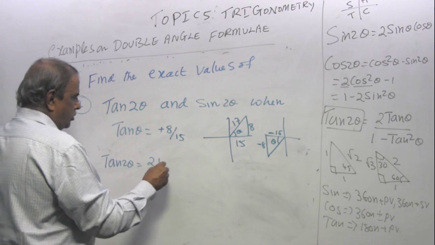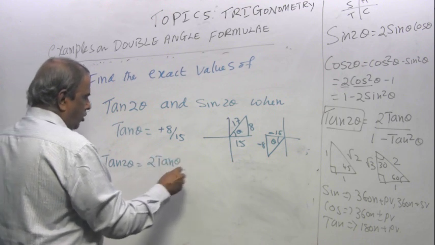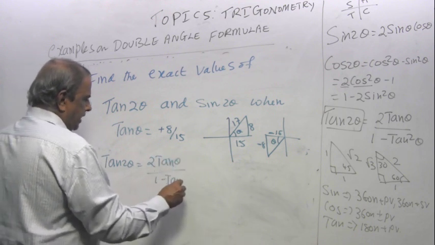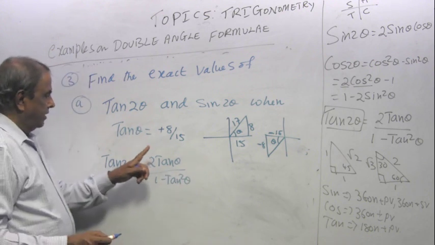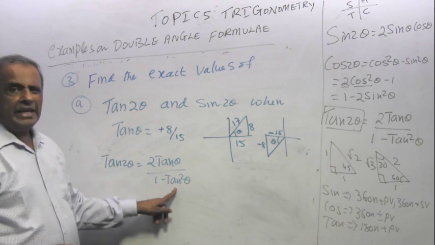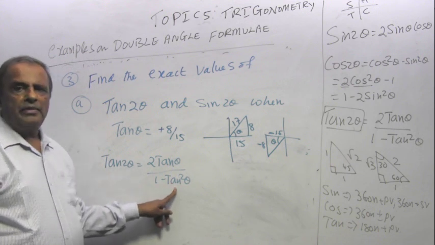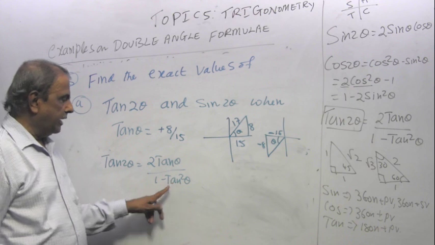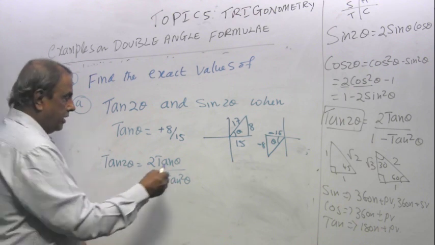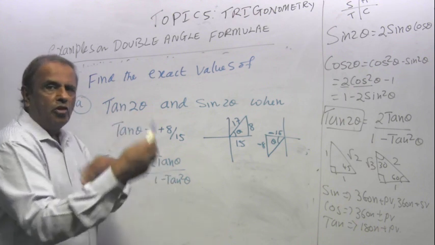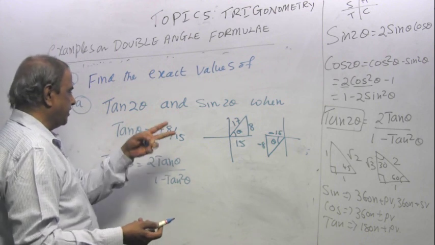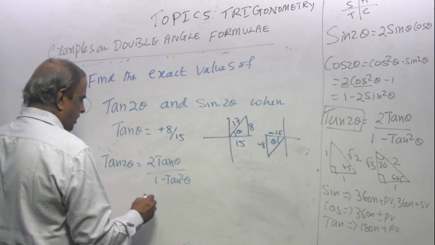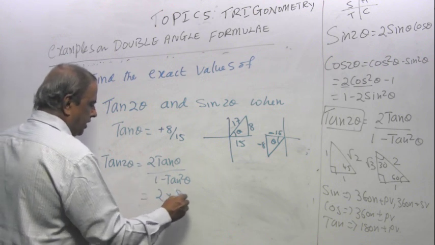It is 2 tan theta over 1 minus tan squared theta. Here, the denominator is not going to be affected. If tan is negative or positive, tan squared will still be positive. The numerator could be affected, but even then it won't, because tan theta is 8 over 15 either way. So it is 2 times 8 over